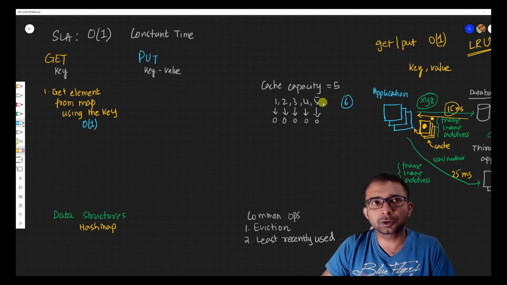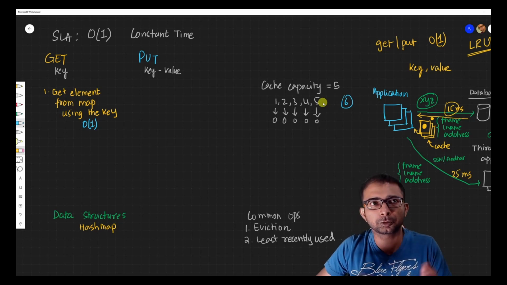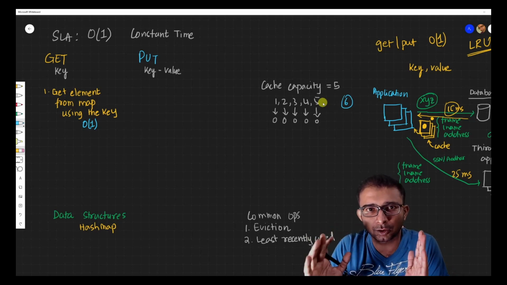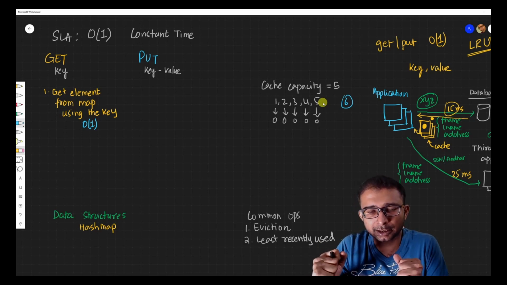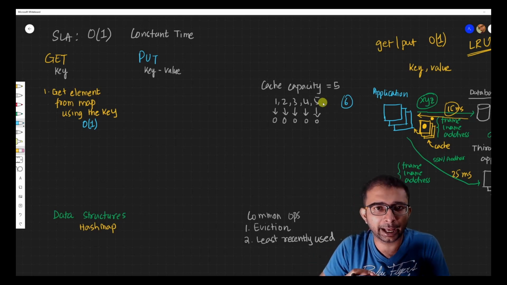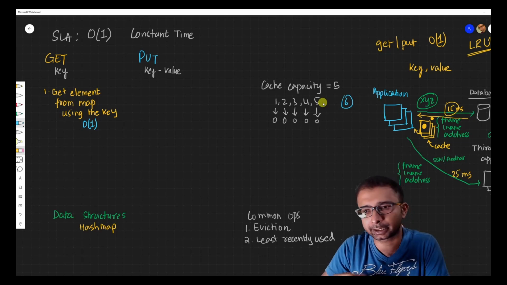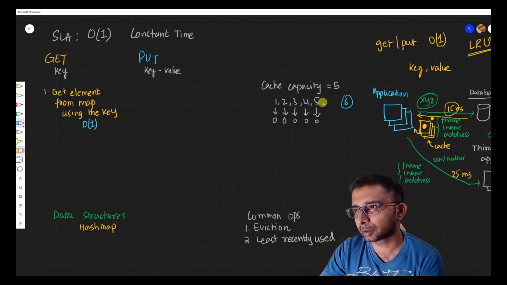What comes to my mind here is to maintain an order. We have to maintain the order. And when we have something ordered, what comes to my mind is a list, right? In a list, we can have the elements in the right order. And if I create a list wherein I have nodes,